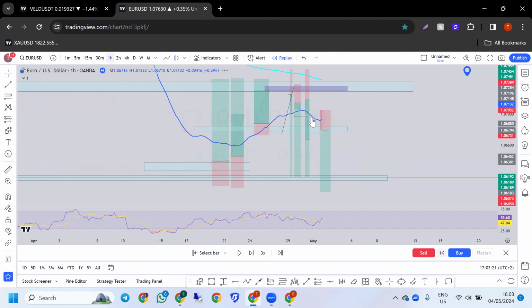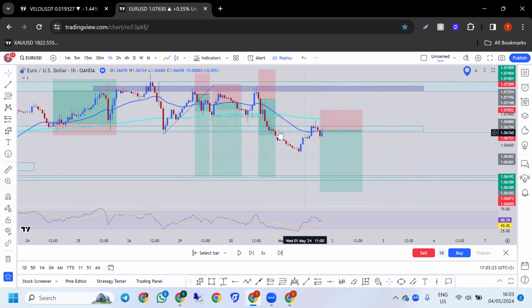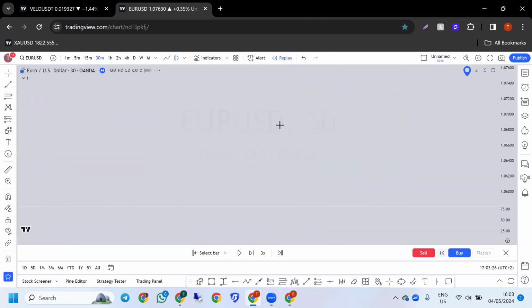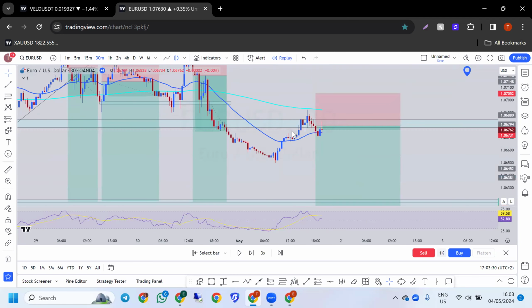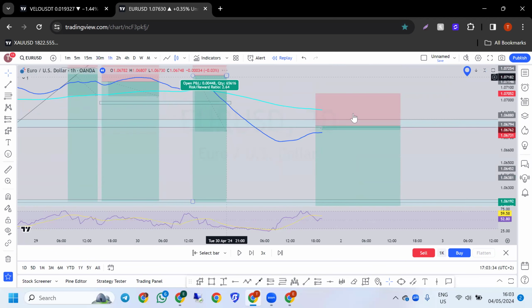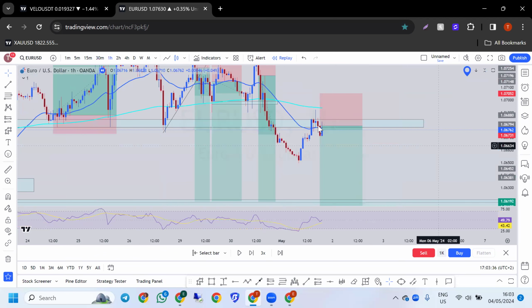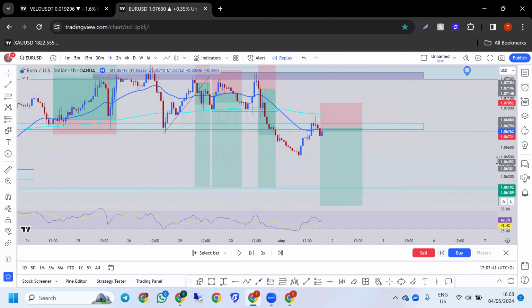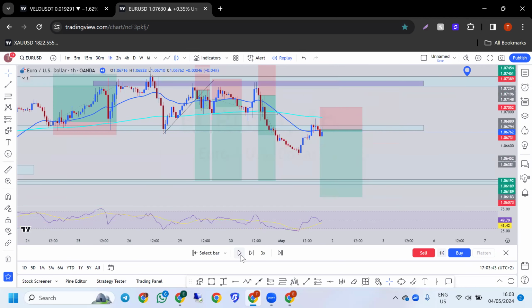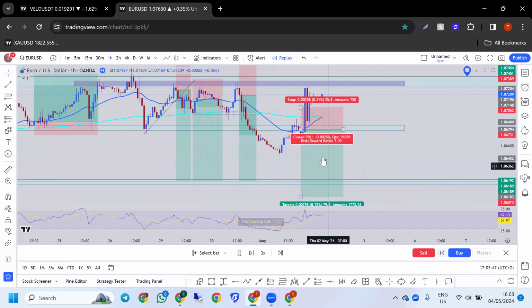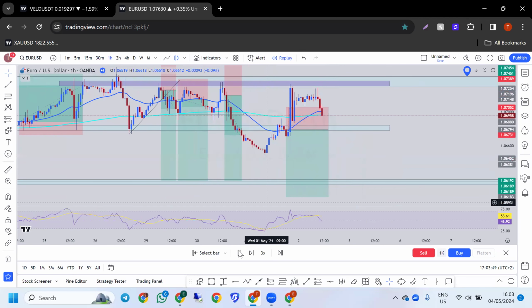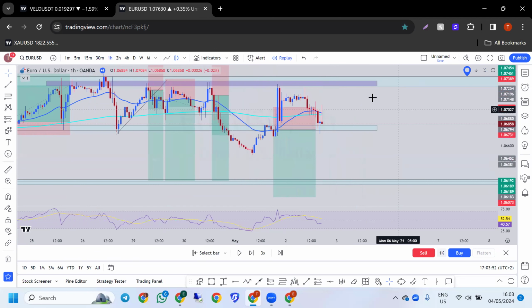I saw market coming up there, then you can see a bearish engulfing candle. Let me check 1 hour. I just took the trade right here, put my stop loss up there. Now what did the market do? On Wednesday, news came out, market stopped this. I didn't take this one though, because it didn't make much sense to me.